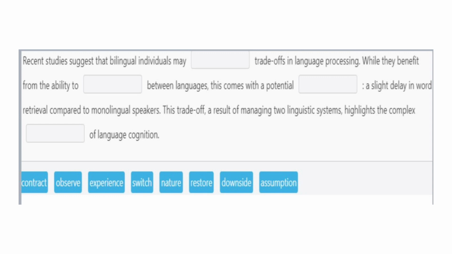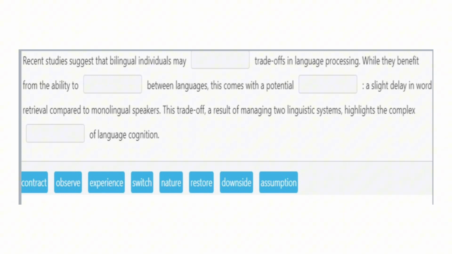Languages के बीच में अदला बदली करना, switch करना. This comes with a potential risk, या ऐसा कुछ हो सकता है इधर, potential downside. राइट. सी पोटेंशियल इज एन एडजेक्टिव, तो एडजेक्टिव के बाद हमेशा नाउन आता है, तो डाउन साइड इज अ नाउन. A slight delay in word retrieval